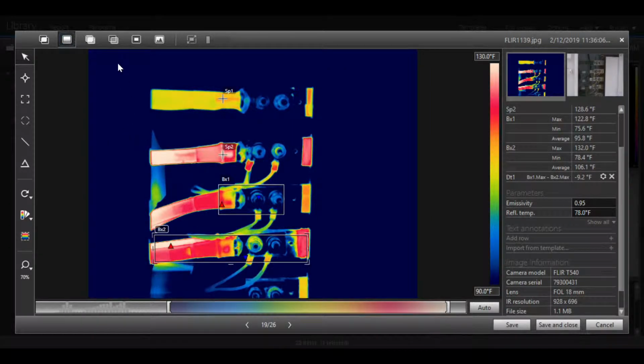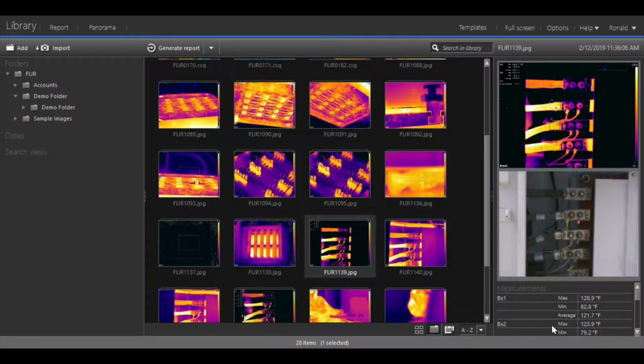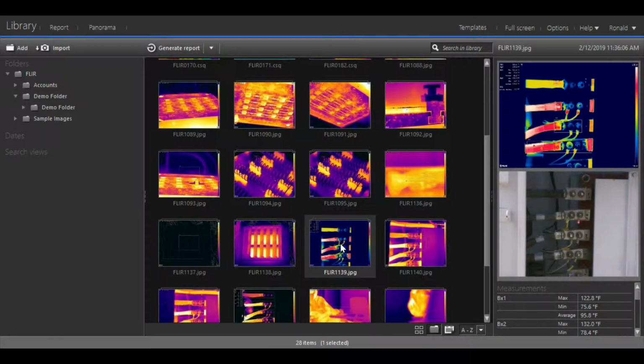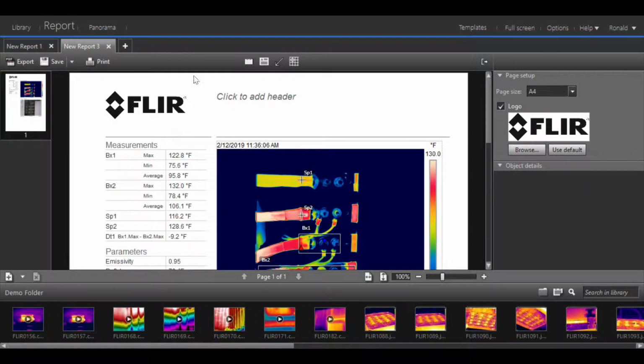So again, we've added the spot tool, we've added a box tool, we have adjusted our level and span, we have used our delta function, so now we are ready to create our report. So we will come down here in the bottom right, hit save and close. All of those changes that have happened have now taken effect. So we will click on that image, we will click on generate report,